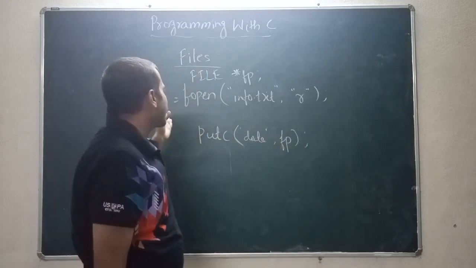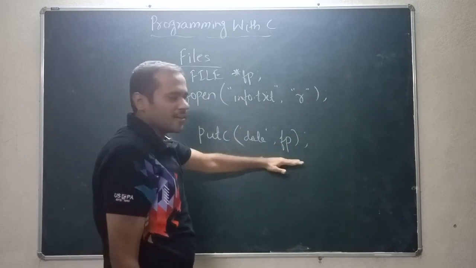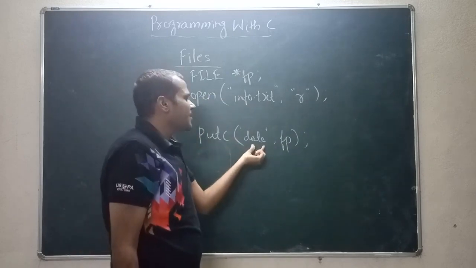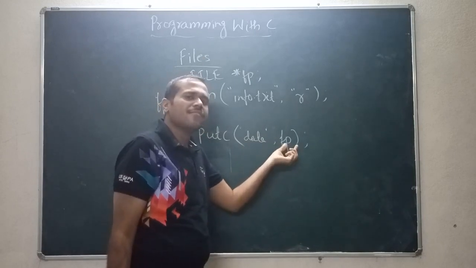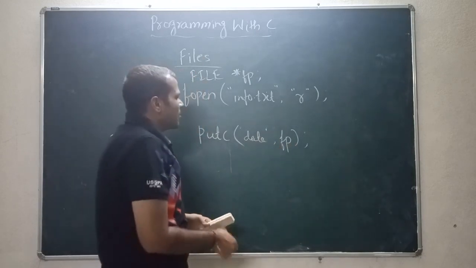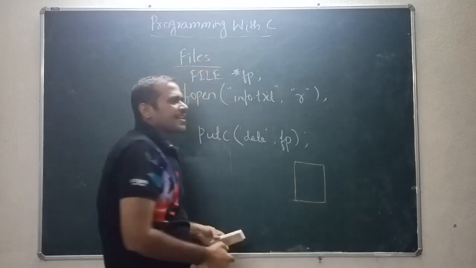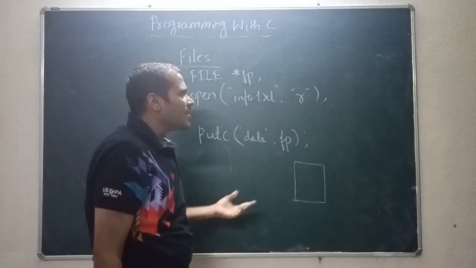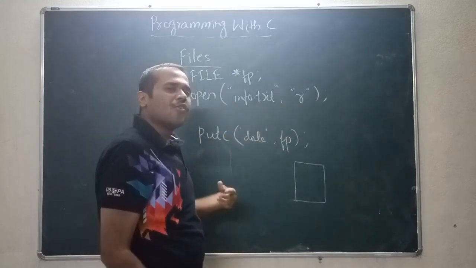So file, of course, is the file pointer from the fopen function that you have assigned. So the first parameter is the character or data, comma, second parameter is the file pointer. So putc. For getc we opened the file in read mode. Now what should I do? I need to open it in